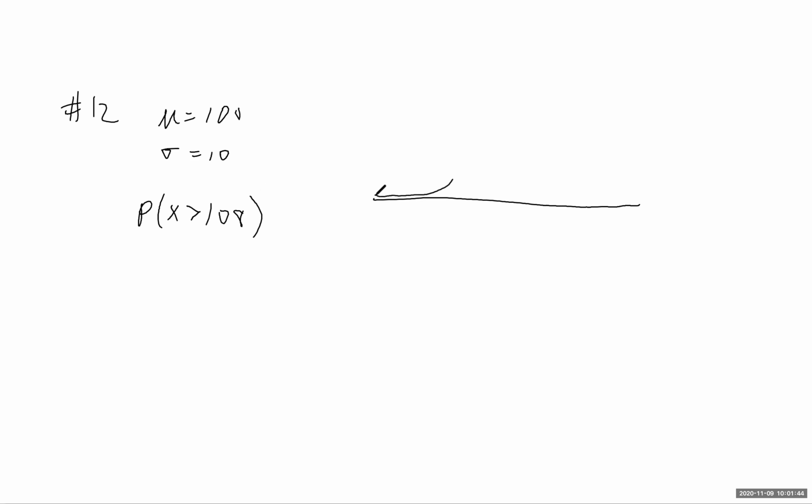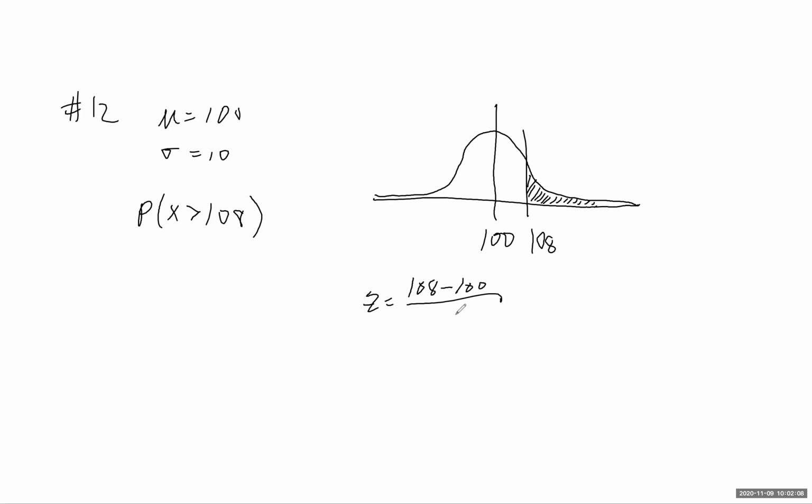What would that look like? Something like this. Here's 100 in the middle. That's our mean. Here's 108 over here somewhere. Greater than, that's the area to the right. We need to calculate our z-score. Our x value is the 108 minus the mean, which is 100, divided by the standard deviation, which is 10. I get 8 over 10,